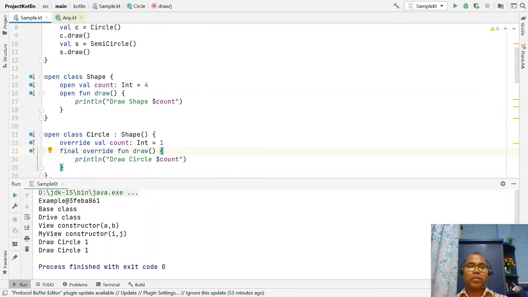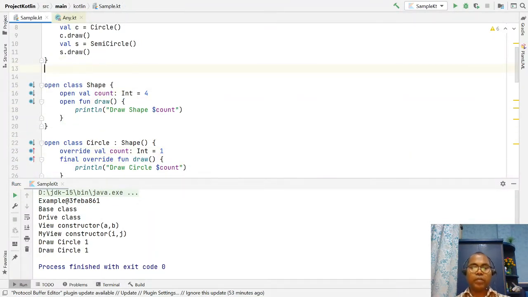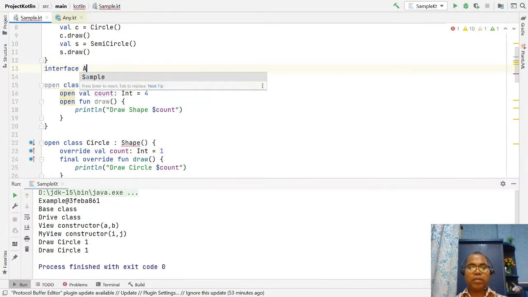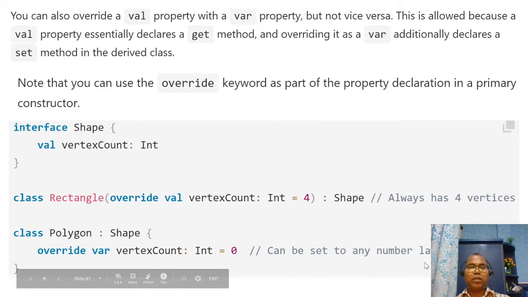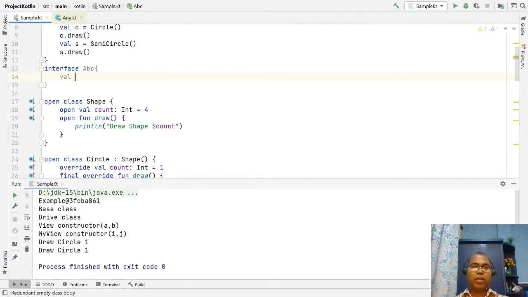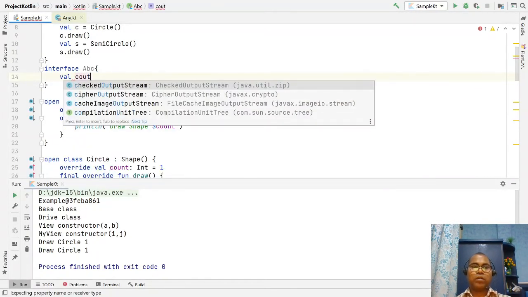So here you can see one interface, ABC. Here you can define, let's say, a val keyword, define the count.